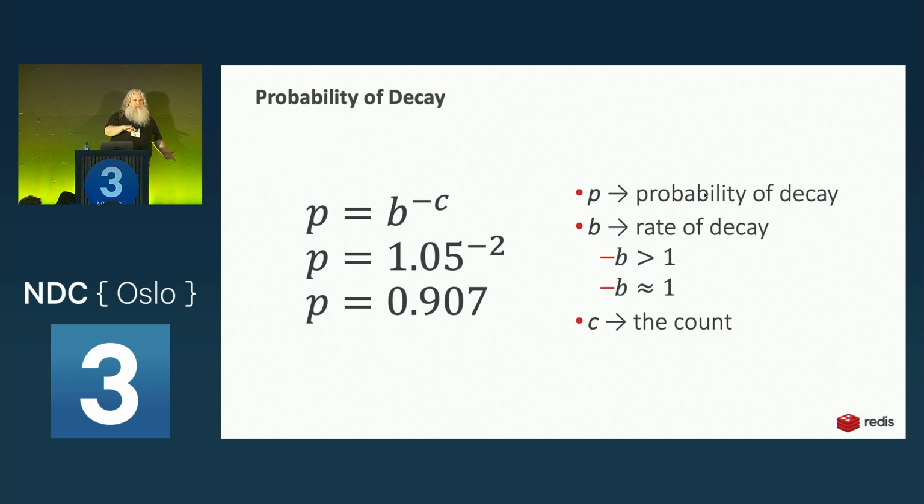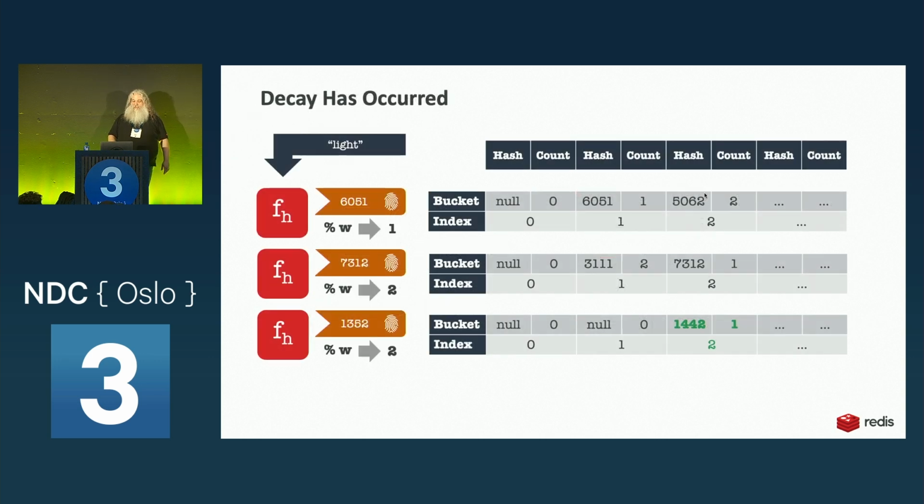If you get like a 1% chance of erosion, but things are just coming in, they're conflicting with it all the time, you're going to roll a natural 1 on that 20-sided die eventually, right? It's going to happen. And so it erodes over time. This is why it works so well for trending topics, because the counts will erode. So in our case, we're going to say that we roll the dice, and this is going to decay. And so that position there is still claimed by the hash value of 1442, but now has a count of 1. It's been decreased.